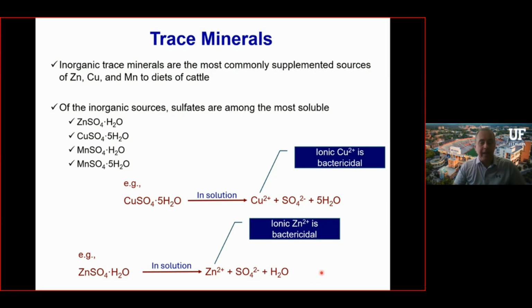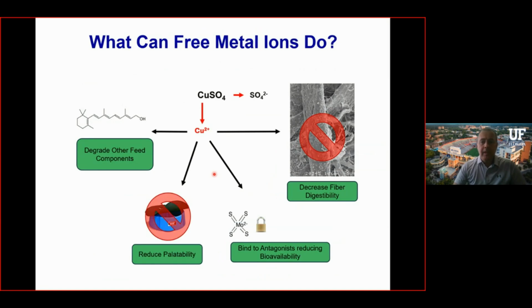also has antibacterial properties. So you will see that in our discussion today, at least in the introduction, we're going to mention that these antibacterial properties, which are important in some aspects, may actually be detrimental when supplemented in the diet because of effects on the microbial population in the rumen. So one of the concerns or